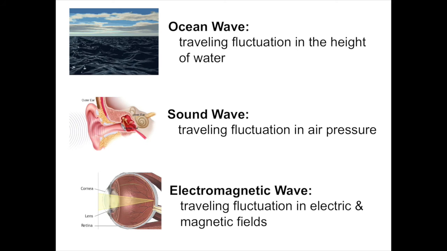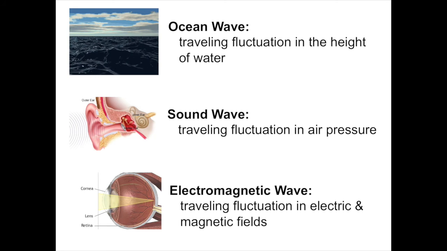Similarly, electromagnetic waves, or light, is a traveling fluctuation. In this case, as we've seen, it is a traveling fluctuation in electric and magnetic fields. The eye is a receiver of electromagnetic waves. Electromagnetic waves entering the eye are focused by the lens onto the back of the eye, where the cells which are sensitive to the electromagnetic waves, when hit by these waves, create chemical changes, which are turned into electrical impulses transmitted to the optic nerve, allowing us to sense light.